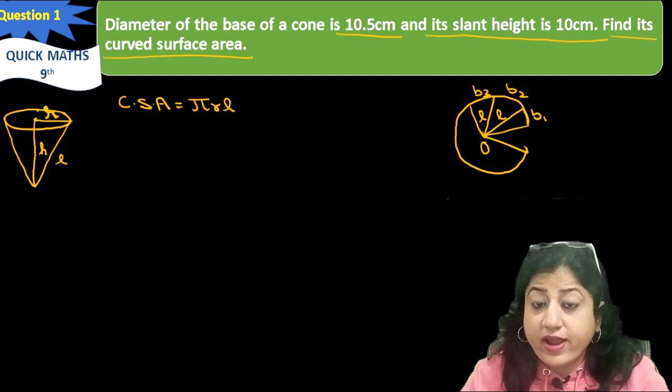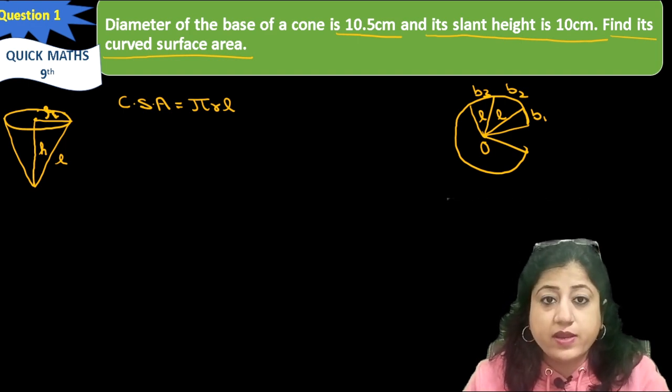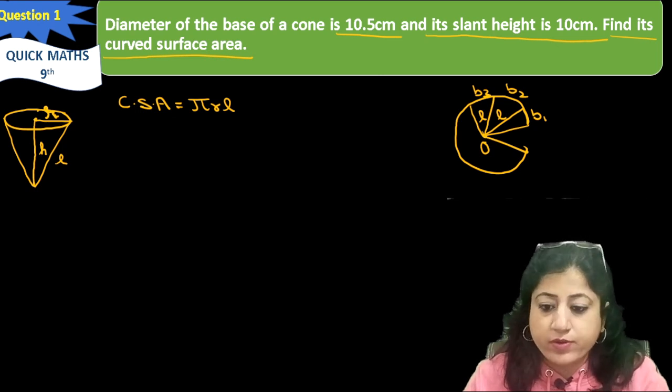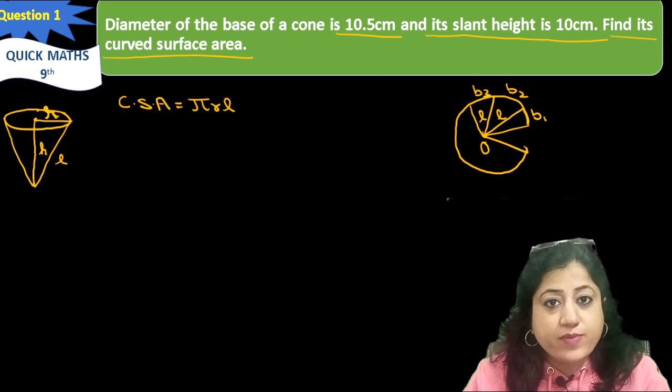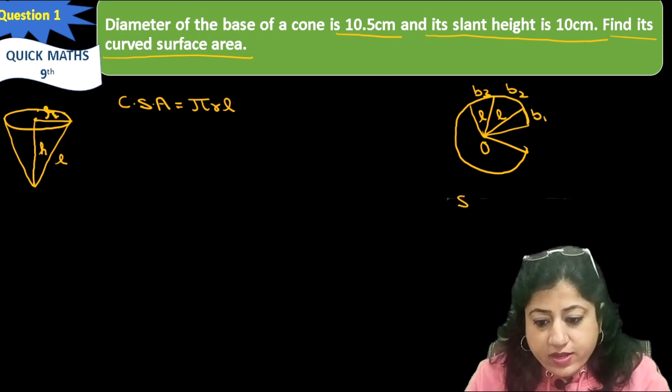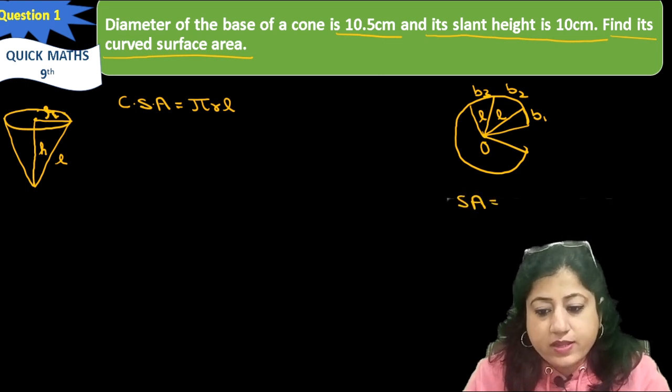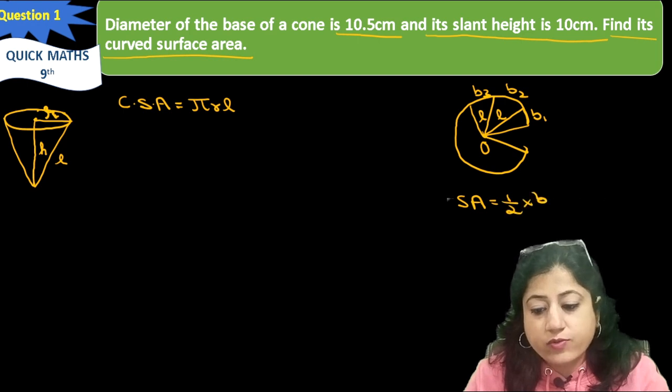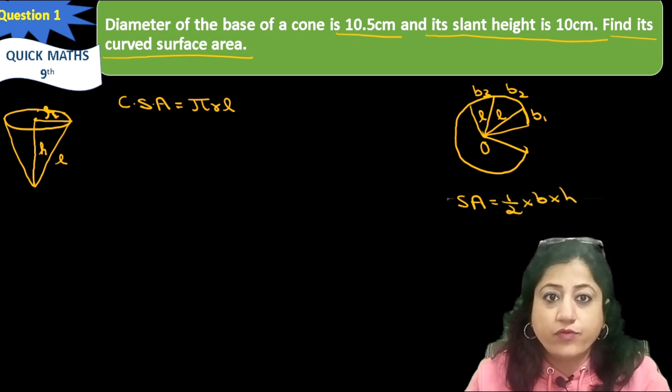Now these are the triangles. इस सर्कल के अंदर जब हमने इस कोन को ओपन किया तो हमारे पास various triangles are being formed. So in this triangle, if we measure the area, then what is the surface area of a triangle? It is half base into height. It is the surface area of a triangle.